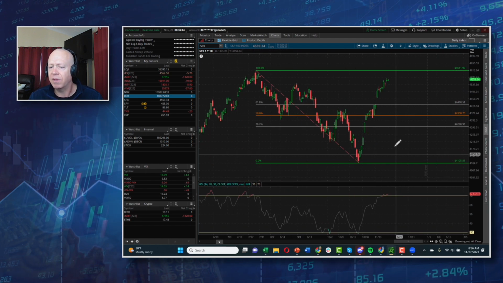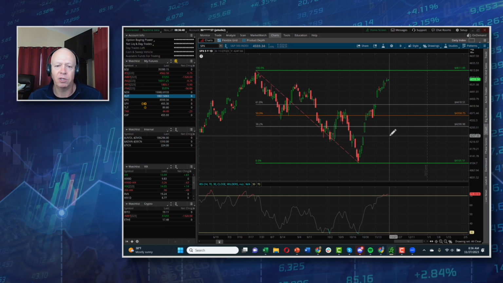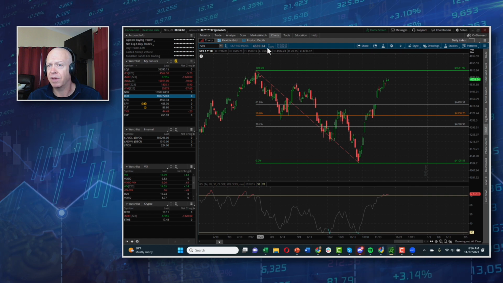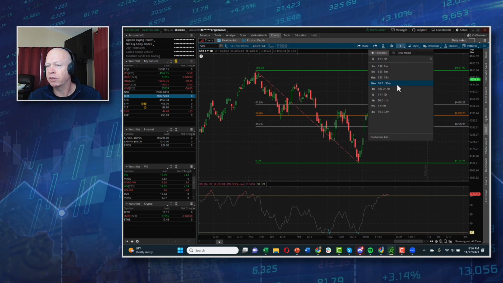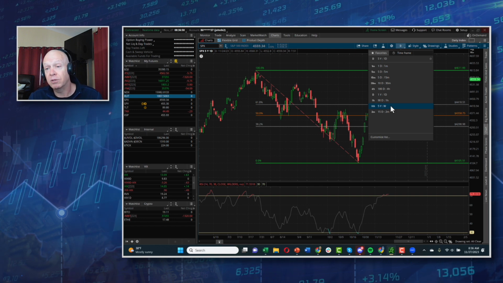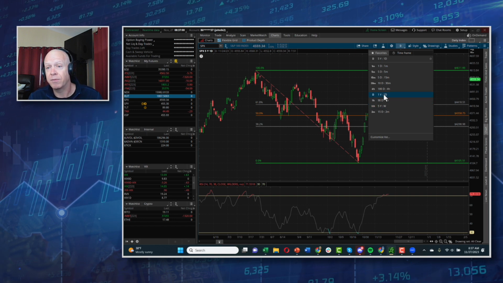So to me, and this is work that you can do on your own, the RSI indicator in this time frame, the SPX, is not very meaningful. You can look in other time frames to see if it's very meaningful. The other thing you can do, if you're going to use RSI, is look at other time frames.